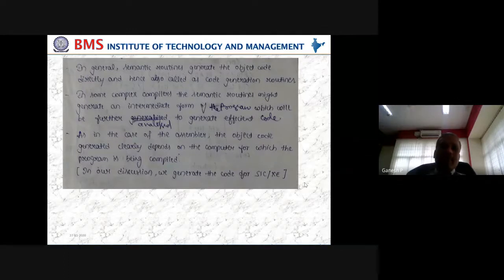So in order to build that complexity within the compilers, you may have to go for very sophisticated, more robust routines for these semantic routines or code generation routines. To facilitate that, direct translation from a given language program into machine code might be a challenge.